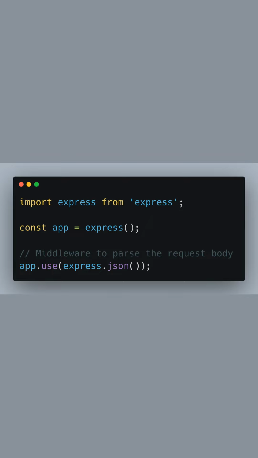Welcome to our tutorial on nested dynamic routes in ExpressJS. We start by importing the Express module and creating an instance of it called app. Then, we add a middleware using app.use that helps us parse JSON bodies from incoming requests, making it easier to